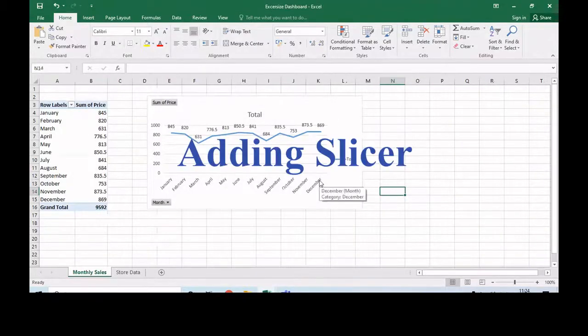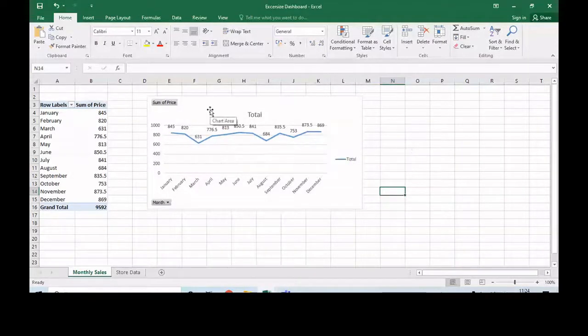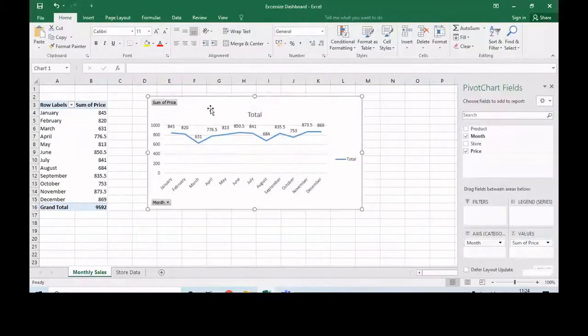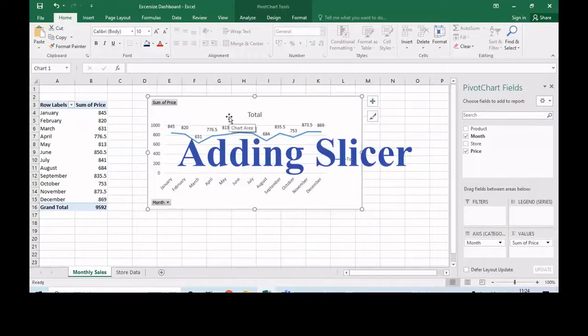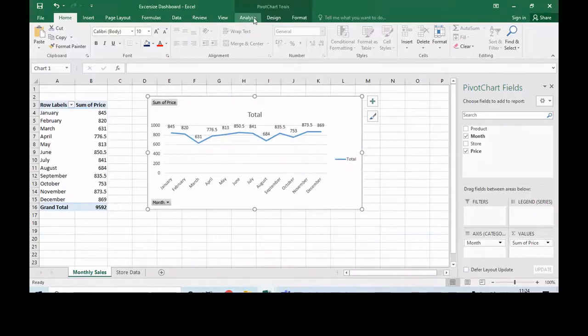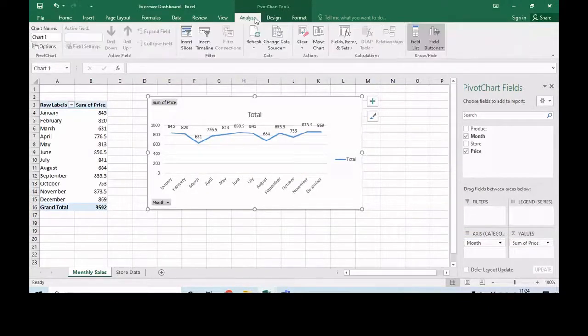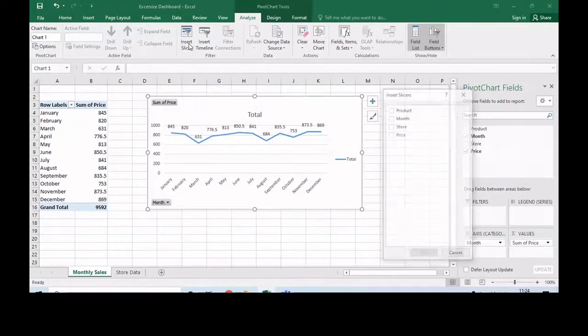A little more thing we can do is activate the pivot menu. For activating, either you click on this table somewhere or select this graph. So pivot chart tools will appear on your ribbon. Three additional menus, analyze, design and format, will appear on your ribbon. Out of that you just select analyze. In the analyze, we want the insert slicer option. Can you see here? It is in the filter group. Now select the insert slicer option.